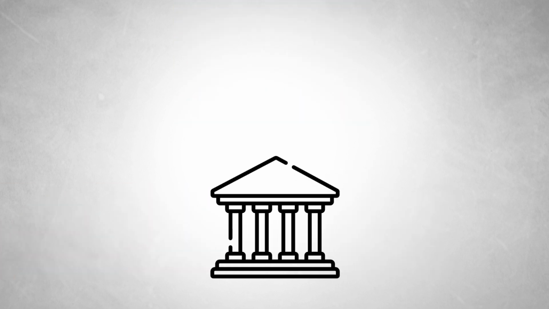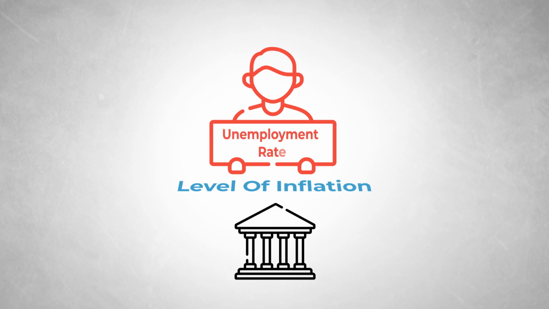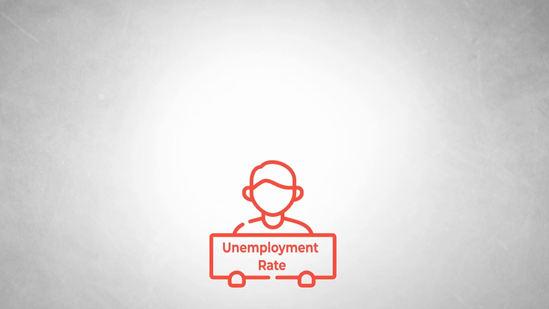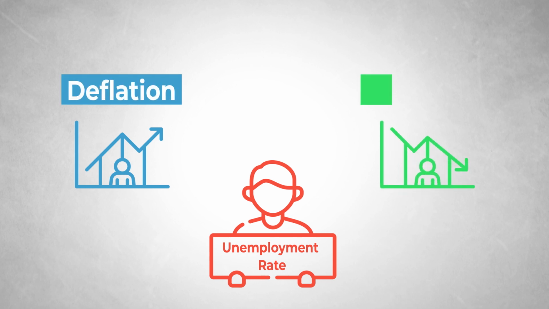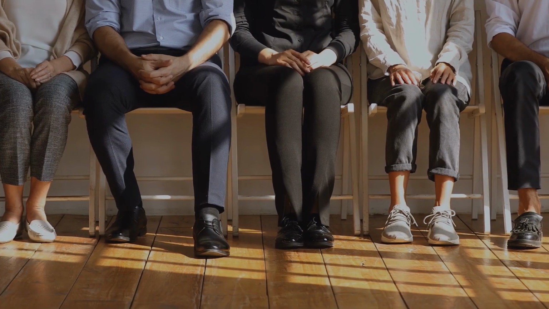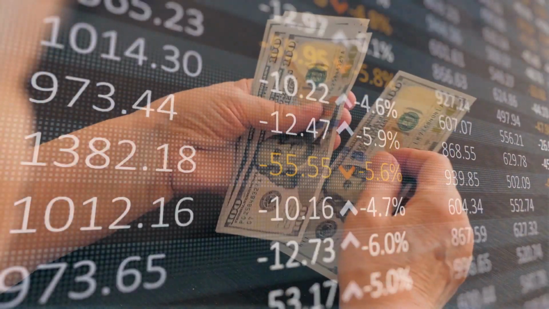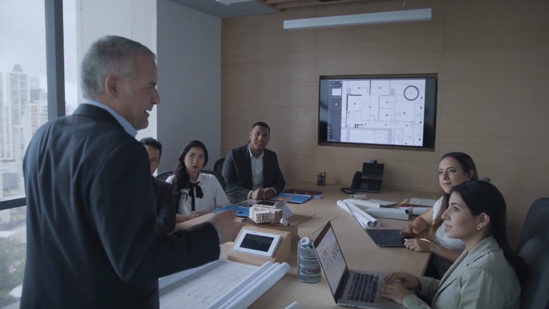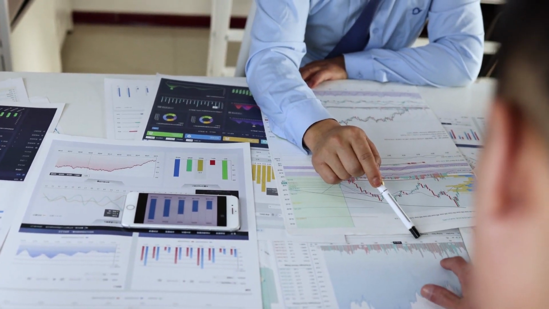The central bank believes that the level of inflation depends on the unemployment rate in an economy. And they have good reason to believe so because high unemployment leads to deflation and low unemployment leads to inflation. When there are lower unemployment rates, wages increase. This then leads to a lower profit. Companies will have to increase the prices of their products in the hopes of getting higher profits and thus creating